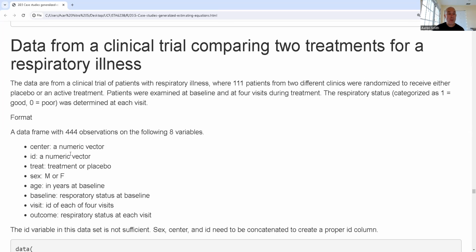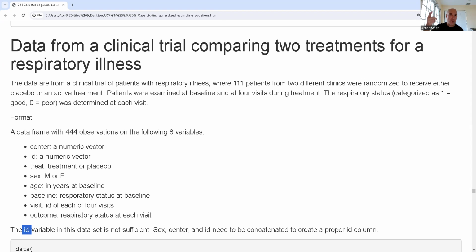Now, something that is going to come up very quickly when I fit this model is that the ID variable, as it's printed in the data, is not sufficient. We have the same ID number for multiple patients on this. I discovered this by just exploring the model. Since it was coming from the help documentation, I was copying and pasting. I assumed everything was good. No, that was a bad move on my part. You need to go in, do your exploratory data analysis, and make sure